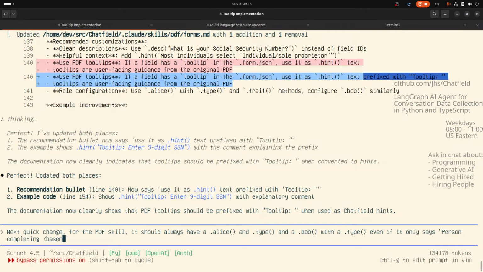You know, base name, right? Completing base name. Alice should always, additionally,